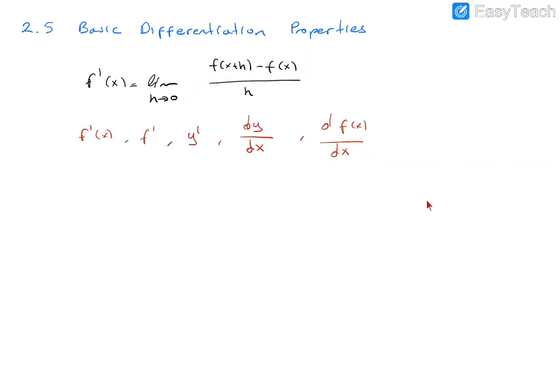Our first theorem is given as a theorem in your textbook. By using the definition you can show it easily, this is not difficult. The derivative of a constant function is 0. If y equals f of x is a constant function, c any real number, then f prime of x equals 0. For example, if f of x equals 2, the derivative f prime is 0. Also you can denote y prime equals 0, dy over dx equals 0, etc.